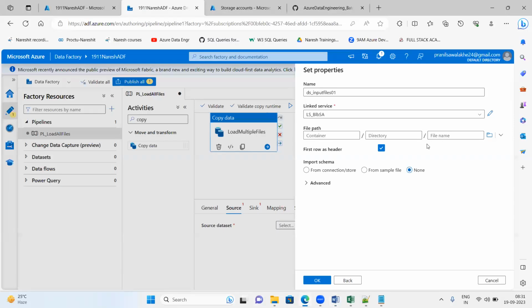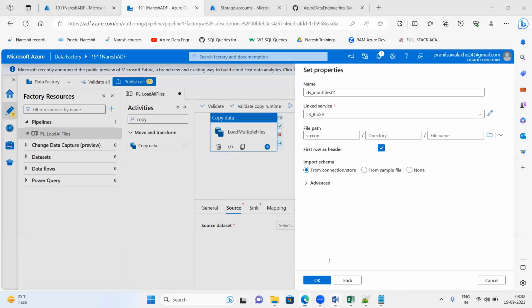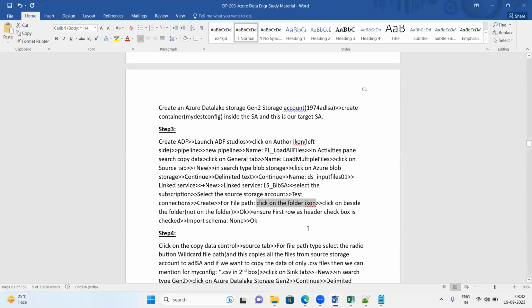Okay. So what I'm choosing here, this is the folder I have created. I'm just clicking here and saying okay, because I have multiple files in my folder, in my container basically, and I want to pick the .csv files in that. So I'm not picking any one particular file. I'm directly clicking the folder here only. Click on okay. That is what I have mentioned here, guys. Please be very careful. Click on the folder icon, click beside the folder, not on the folder,